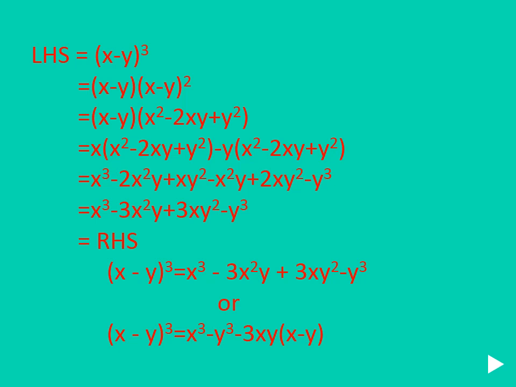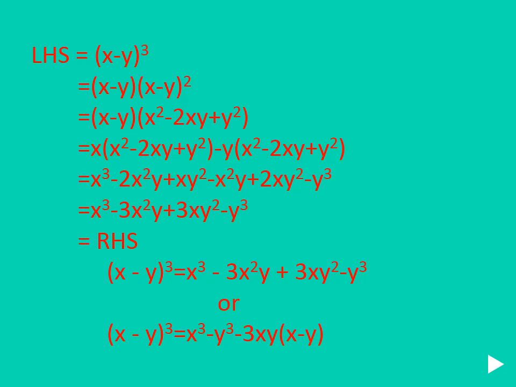Again, what is the next expansion? Minus y is to be multiplied with x square minus 2xy plus y square. Minus y into x square is minus x square y, minus into minus is plus y into 2xy, that is 2xy square, minus y into y square is minus y cube. So if you arrange the terms, you can see that like terms are there. Similar to the last identity, we are adding them, but here what is the change? You see, x cube minus 3x square y plus 3xy square minus y cube. So that is our RHS.